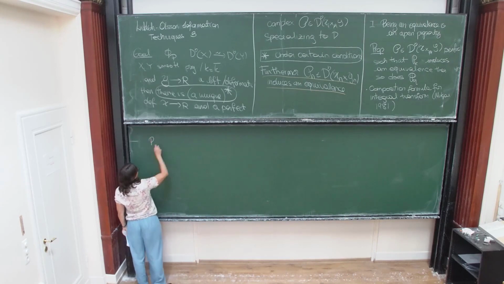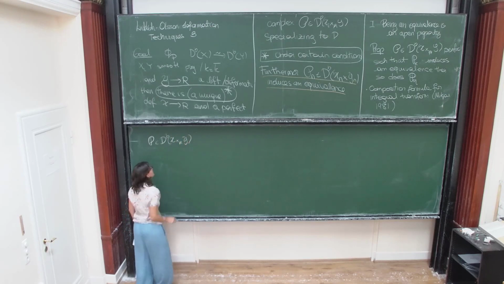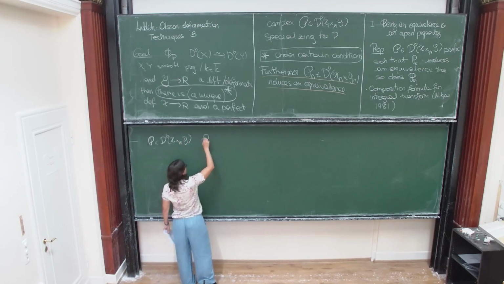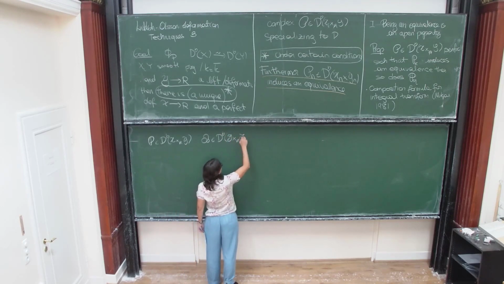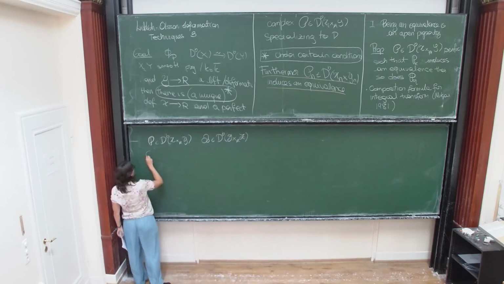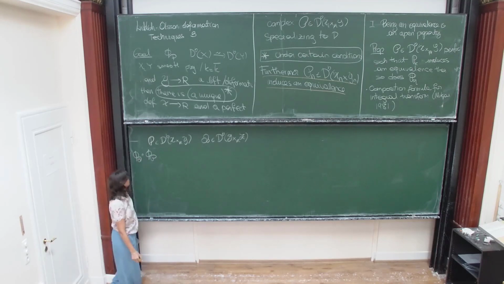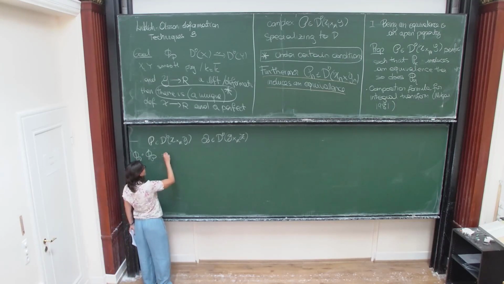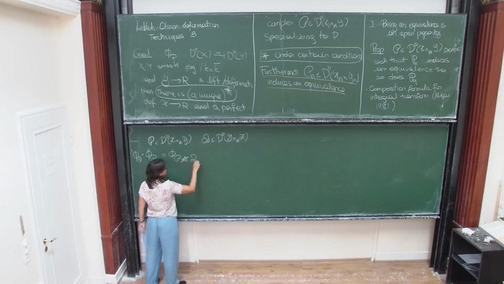Let's remind you, if you have P, let's do it curly already, in D^b of X times_R Y and Q in D^b of Y times_R Z, and so if you have the integral transform with kernel P composed with the integral transform with kernel Q, it is isomorphic to the integral transform with kernel P star Q,